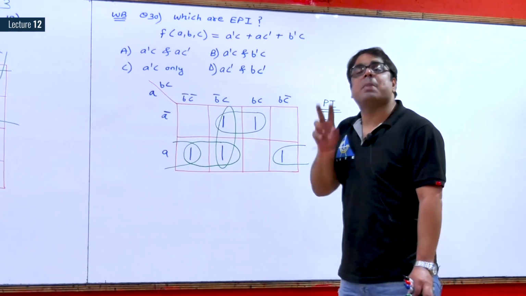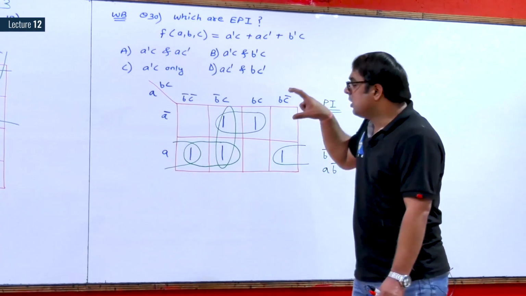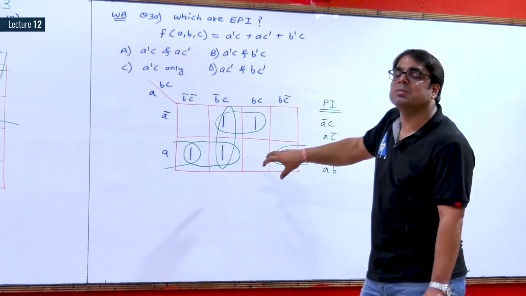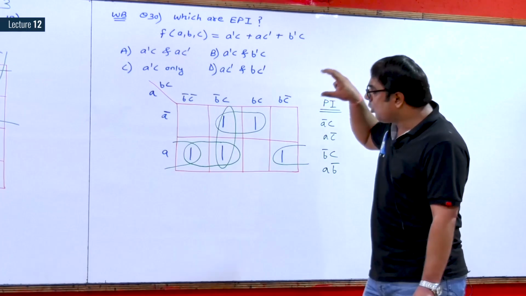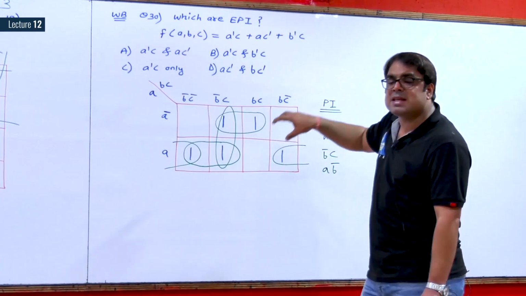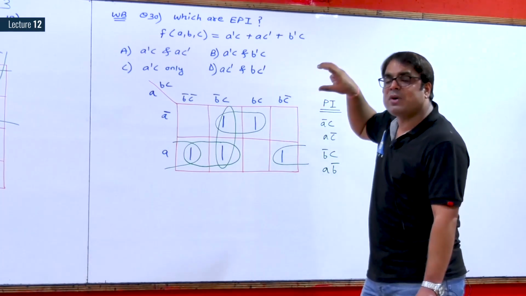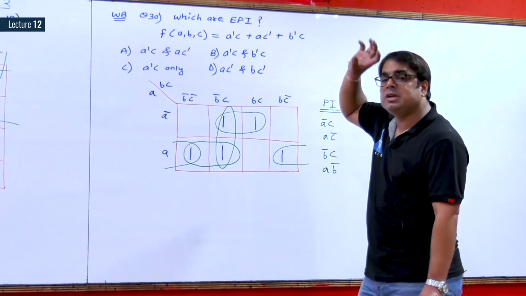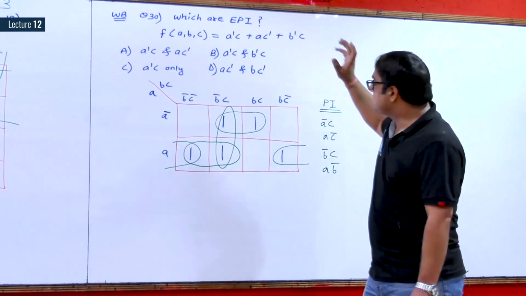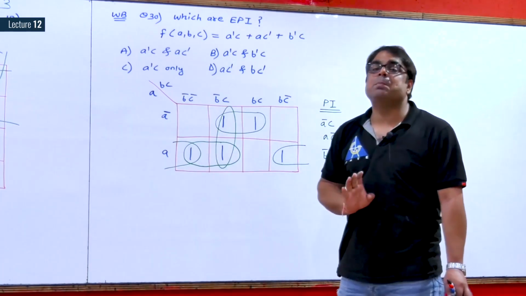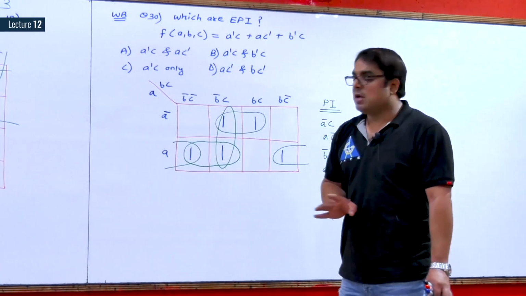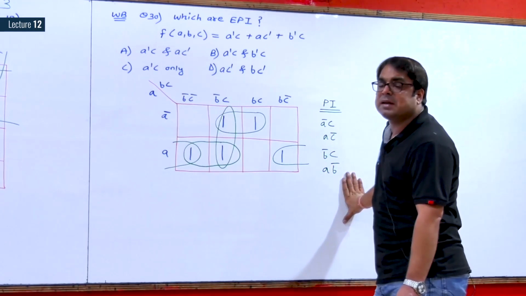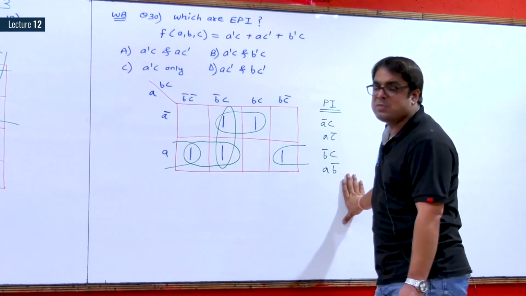Do not look by the concept as if you are being asked to write down the minimized expression from this K-map. Don't think about this. Just think about what the best possible groups are. These are the best possible pairs because none of these pairs is part of a quad.